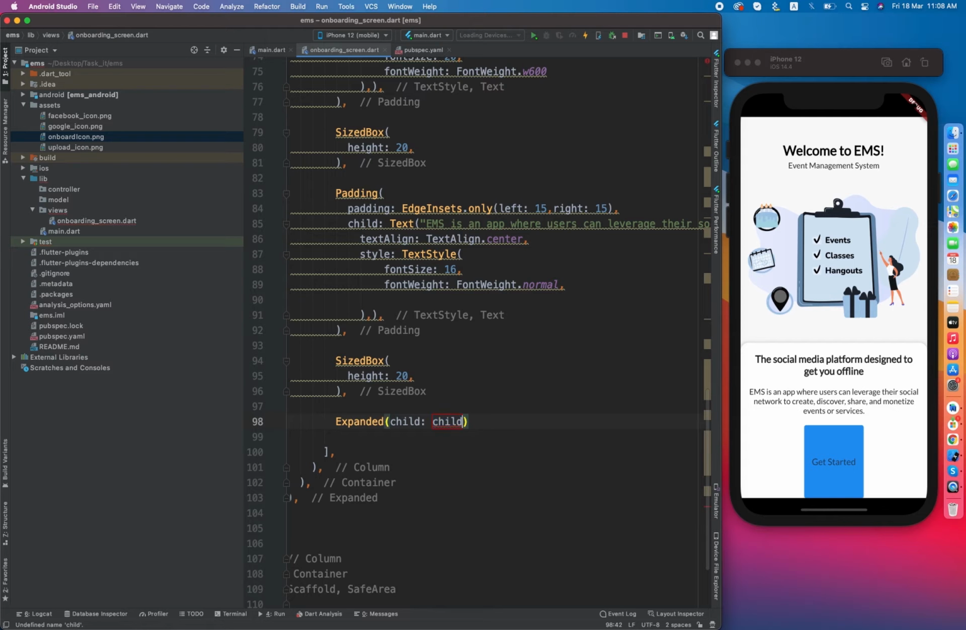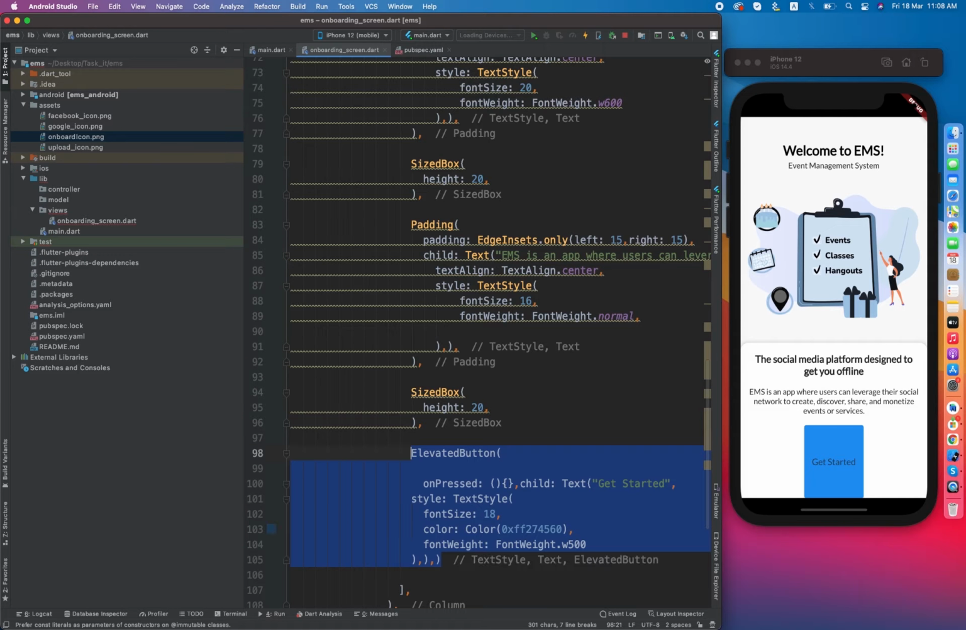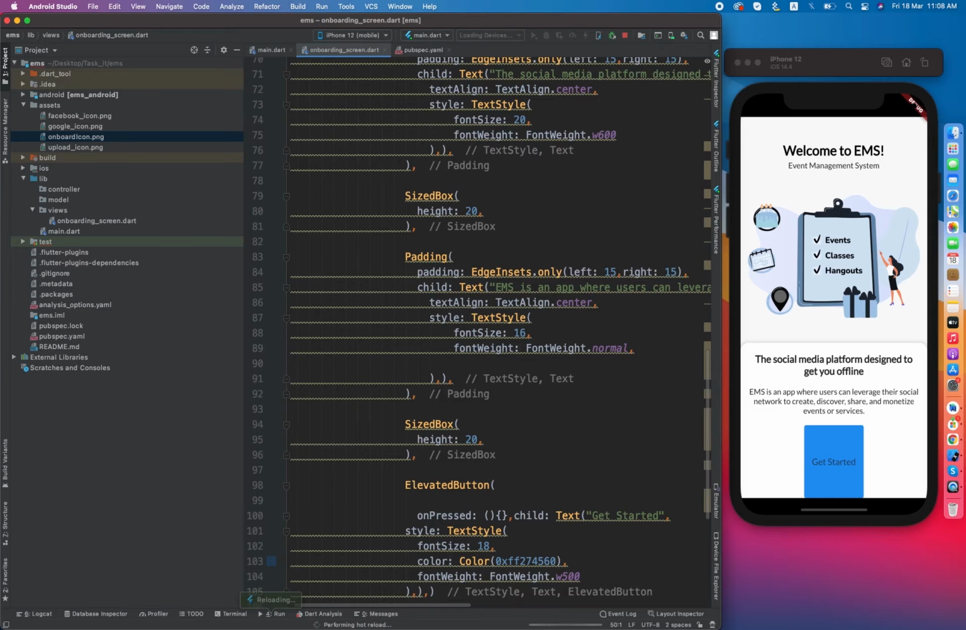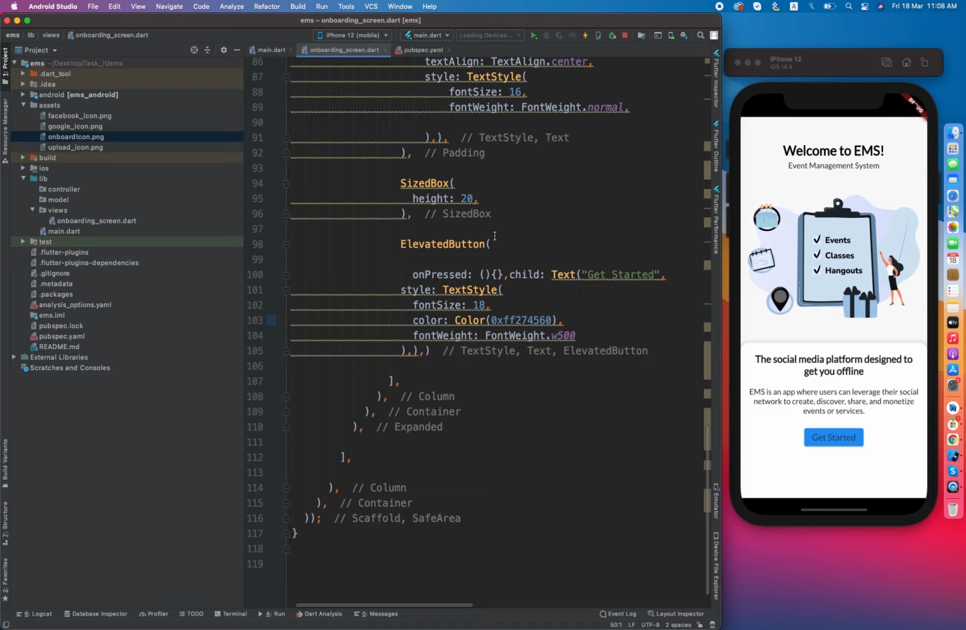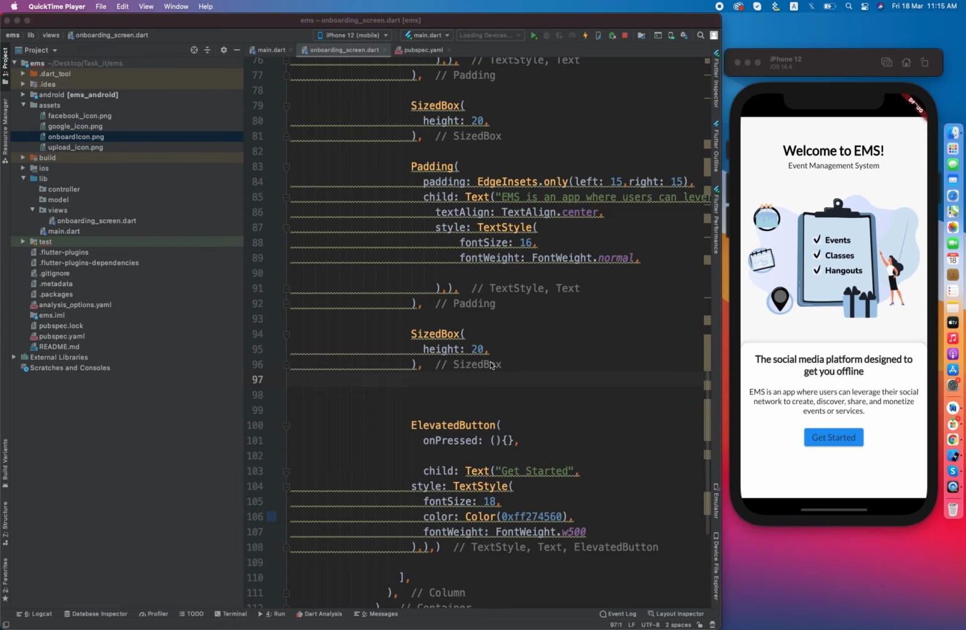Not looking good. Sorry. Oh yes, we have given full width. So how do we get the button to take all the area? So guys, I think we have some limitation with elevated button, so we have to convert it to the material button,